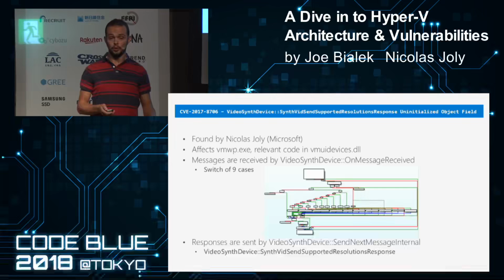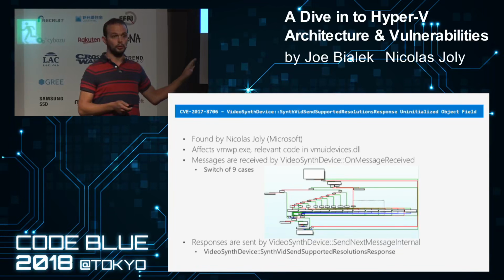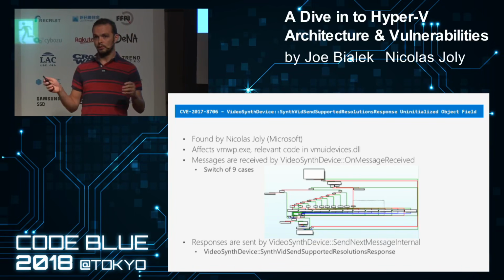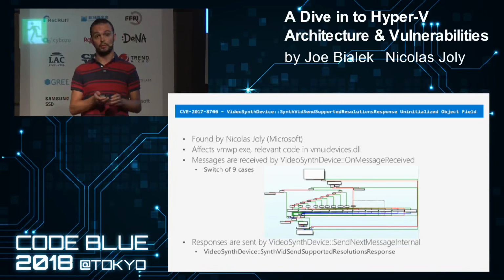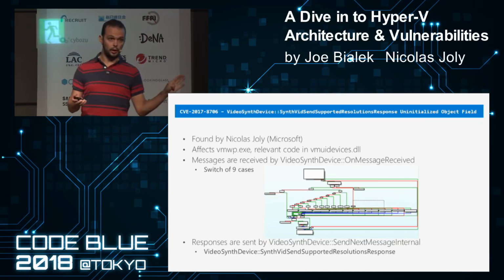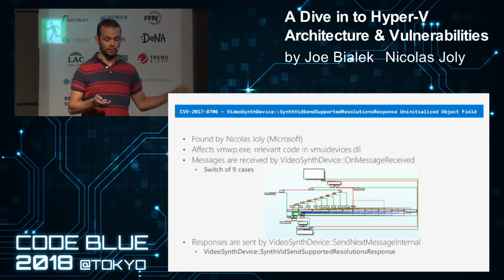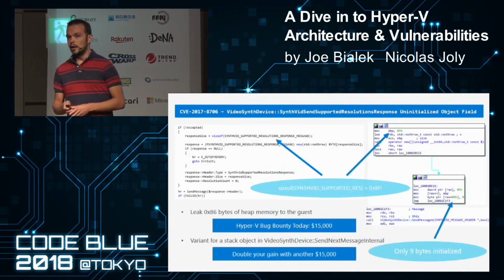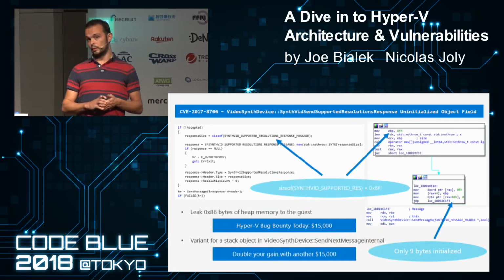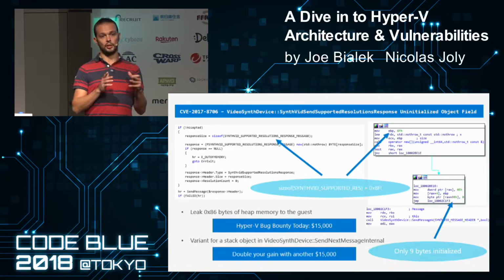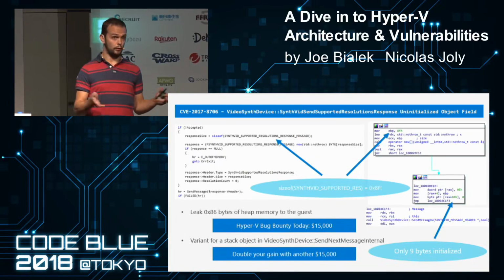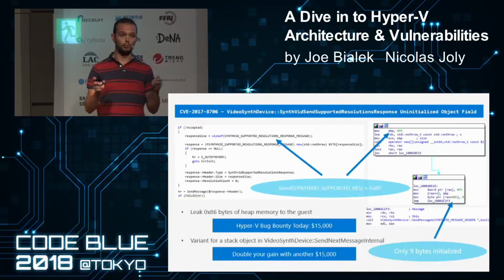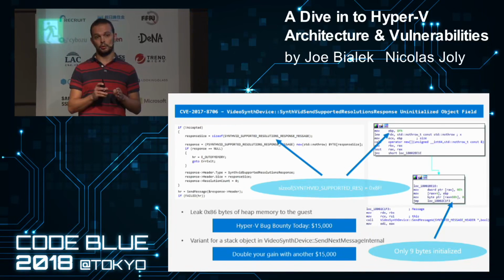There's not only this particular component in this DLL, there are also others, but the reasoning is always the same. Just look at the endpoints, how the messages are processed, and try to figure out what's going on. The code there is really easy to understand. So the bug in question here had to do with a particular message sent by the guest. The guest would send a message and set a Boolean in that message to false, in which case the host would see that Boolean and would return a message with a structure that was not